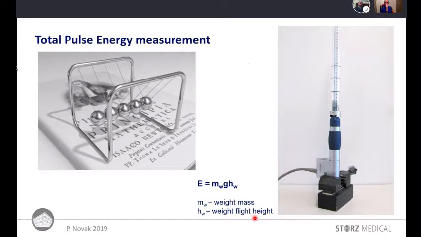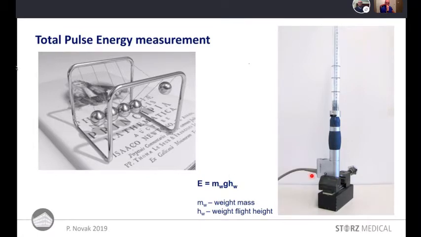Now we have a short look at the energy which is available, or which is basically propagating into the tissue. Here we use a so-called ballistometer. It uses the principle of Newton's cradle. So it means that this moving body gives its energy to these balls in the center, and finally, on the right side, it is transmitted to the last ball, which is free. It can move again from here.